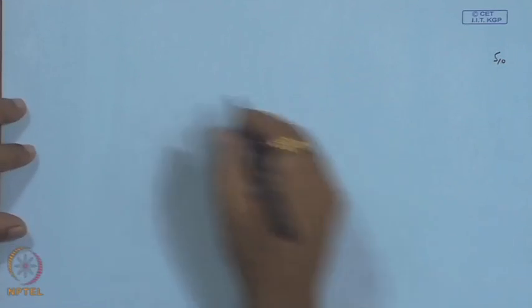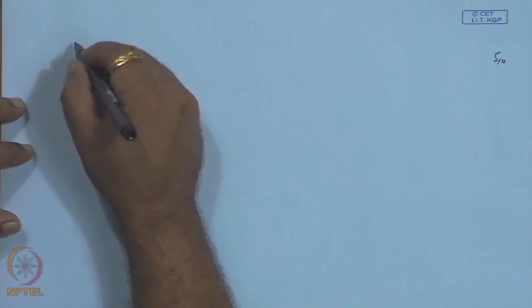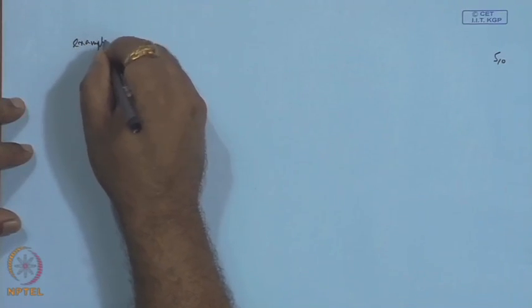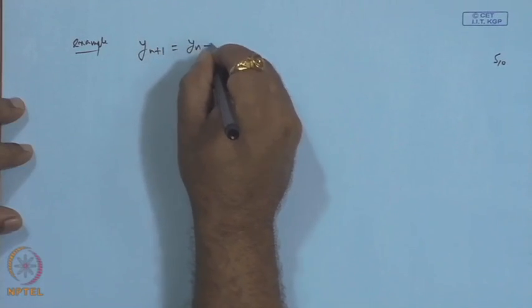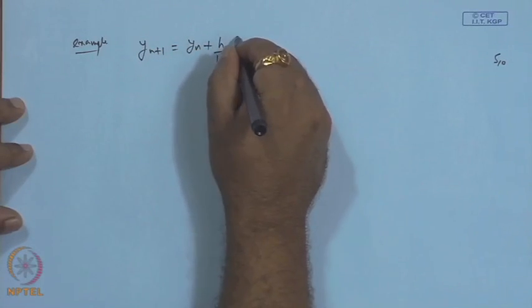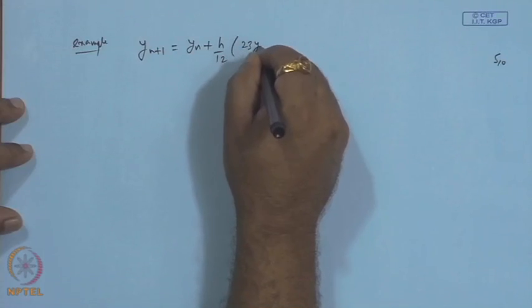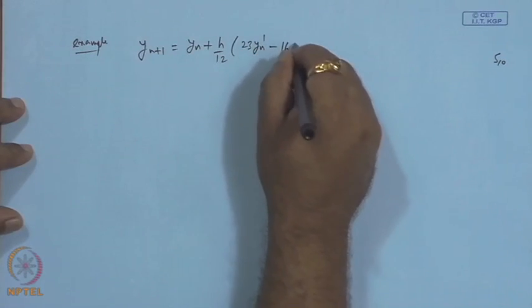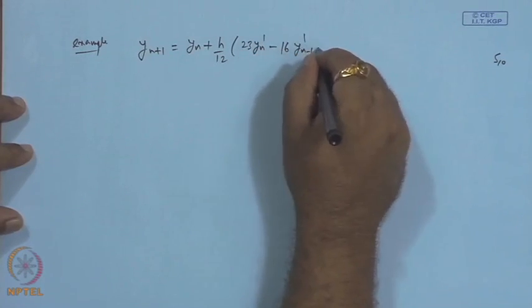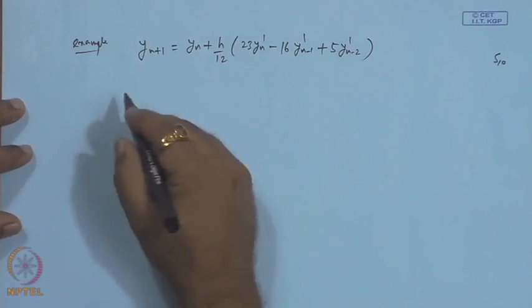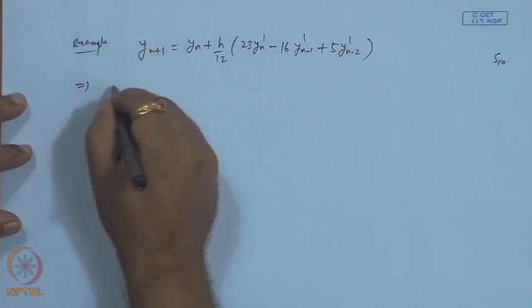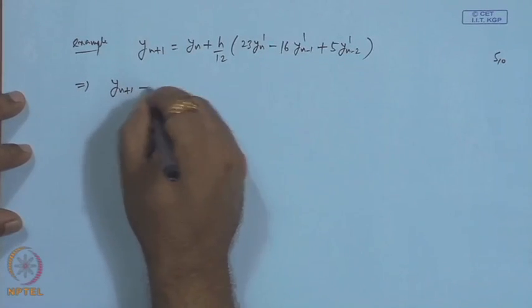So, for example, suppose this is our given multi-step method. So, this can be written as